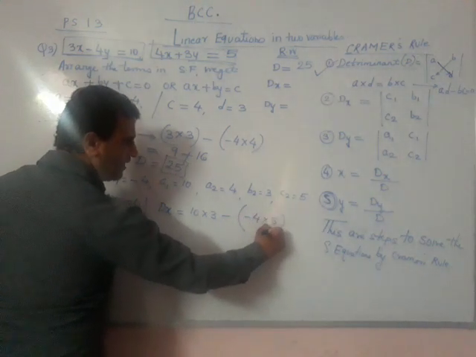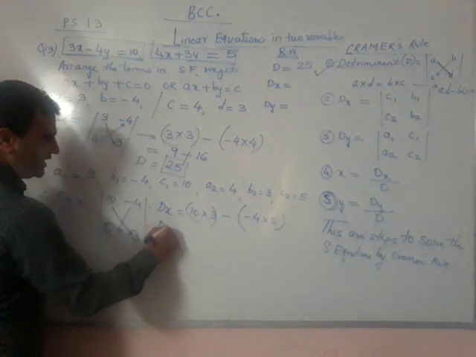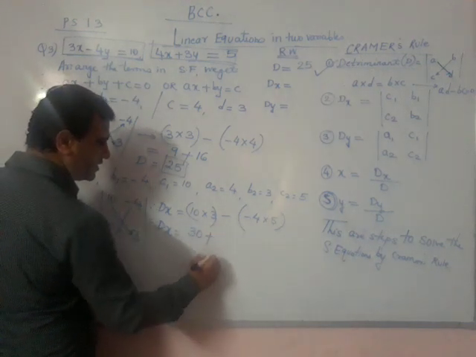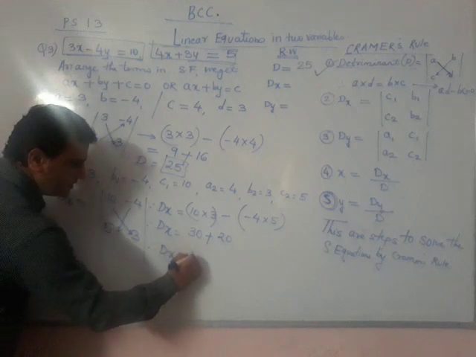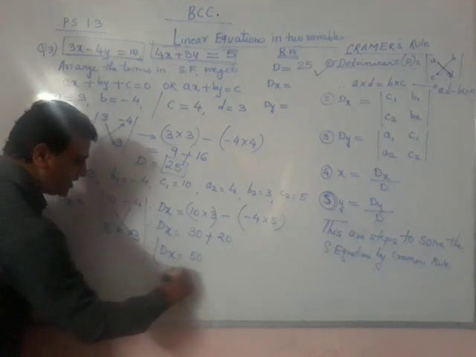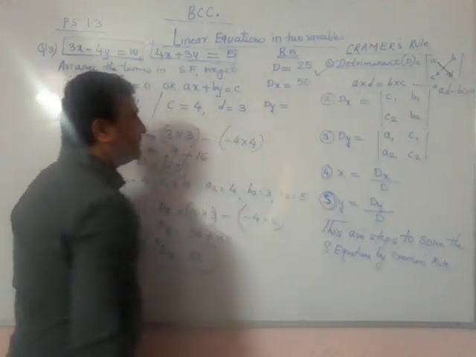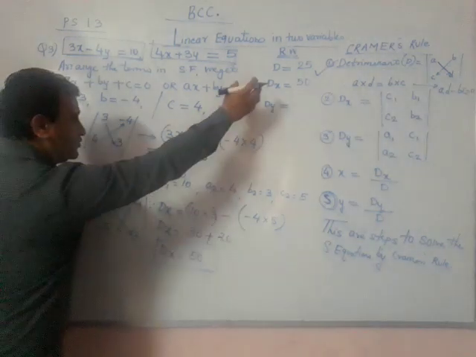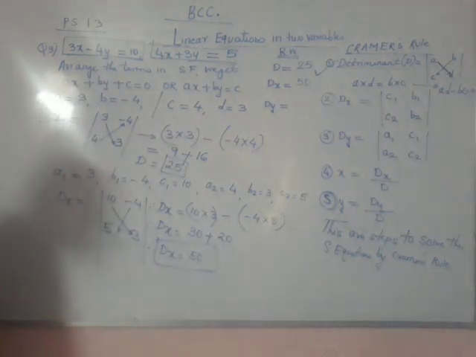So dx is equals to 10 multiply by 3 bracket -4 into 5 bracket, आप इसको भी ब्रैकेट में ले सकते हैं अच्छा दिखने के लिए। So dx is equals to 10 3s are 30 minus plus 4 5s are कितना होता है? 20. So dx is equals to 30 plus 20 is how much? 50. So dx का यहाँ पे वैल्यू फिल करेंगे 50। ये मैं रफ वर्क में इसलिए लिख रहा हूँ ताकि जब मैं इरेज करूंगा तो उसके वैल्यूज यहाँ पर एक्सट्रैक्ट करके फोर्थ और फिफ्थ x और y ढूंढने में हमें इजी हो जाएगा, राइट।